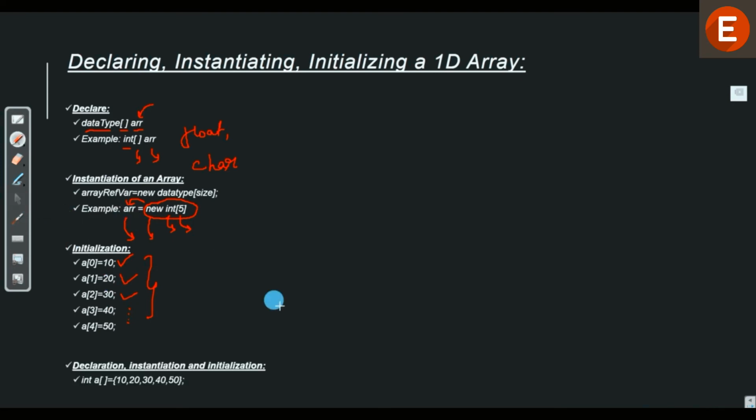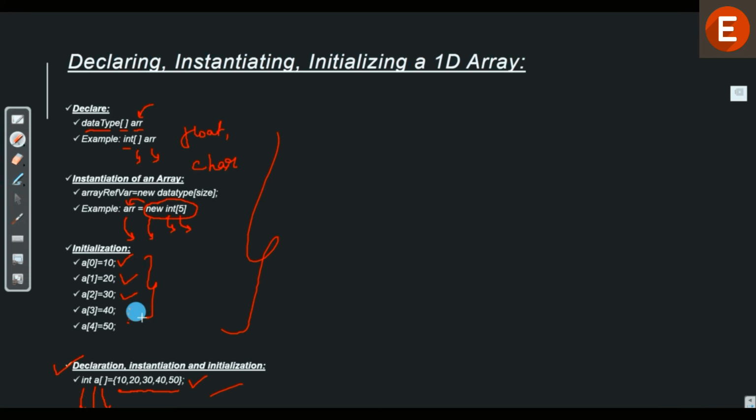Now you might be wondering whether, just to create a simple array, we need to follow these three steps all the time, or is there any other shortcut? Of course, there is a shortcut, and it is this one. We can combine all these three steps into one and do all this action in one shot. That is, we say integer, which is the data type, a is the reference variable or the array name, brackets to indicate that it is an array, is equal to, and the values which we want. So this way we can combine all of these three steps into one.